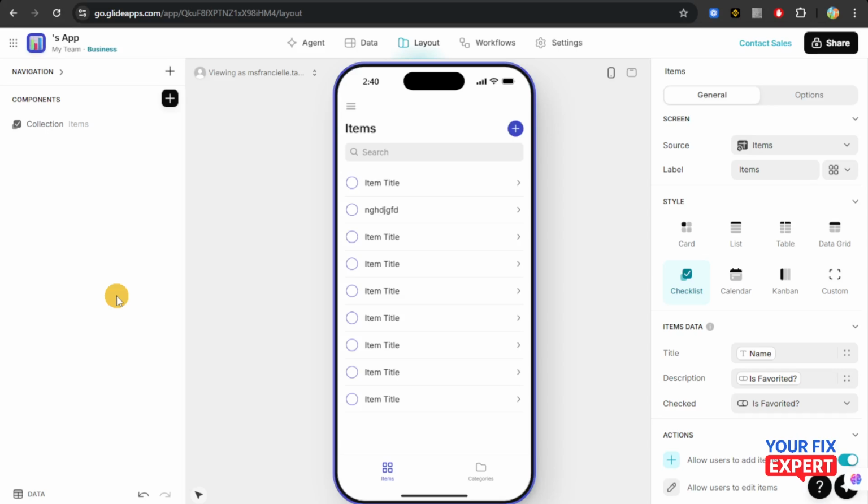This is how you're going to add a button action guide in Glide. So first, we're going to make sure that we are logged in or signed up to an account. And then from here, we're just going to choose the app that we want to add a button to. So for sure, you already know how to do that. And then